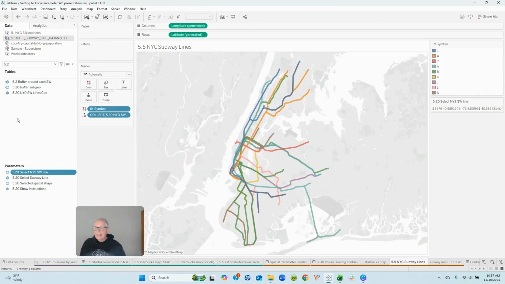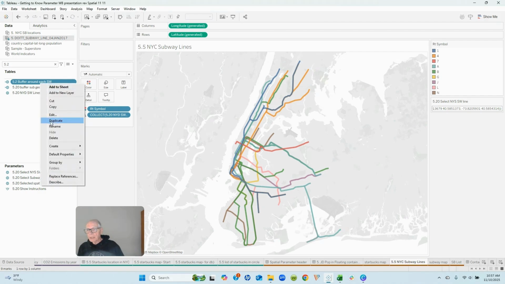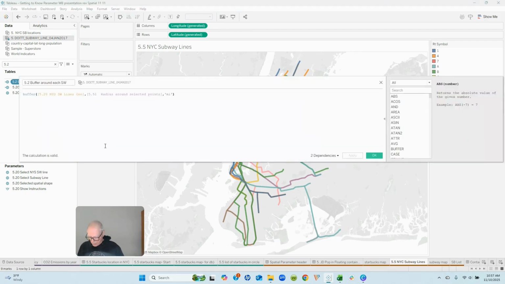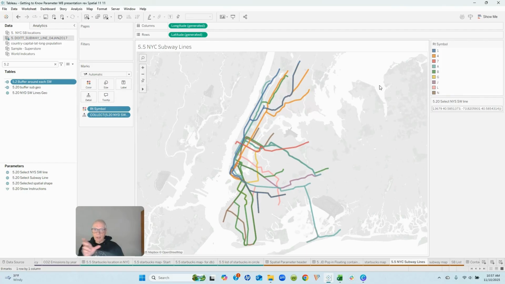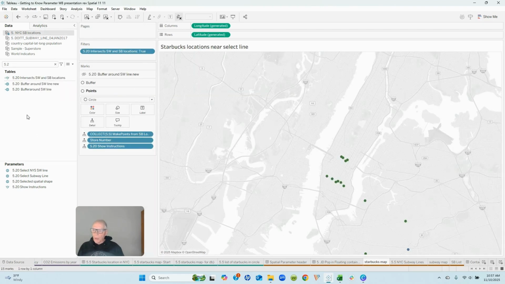We have to take that data and create a little buffer around it. Just like we did before, we're going to take the lines that we pulled in and use a radius around that point. In this case, I used miles so that I had a little bit more leeway on the subway line itself. Then I plotted that so that we could see the subway lines, and I put their route symbol on color so that they had different colors. The Starbucks map is pretty much like what it looked like before. It's the same type of Starbucks map, and the Starbucks list,